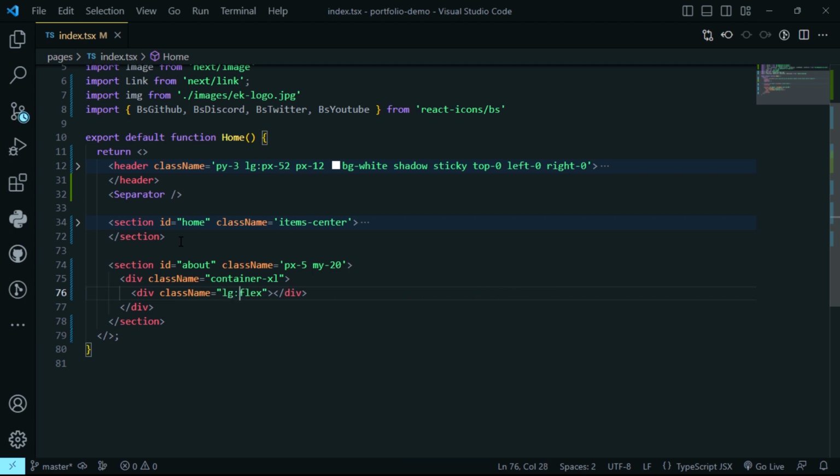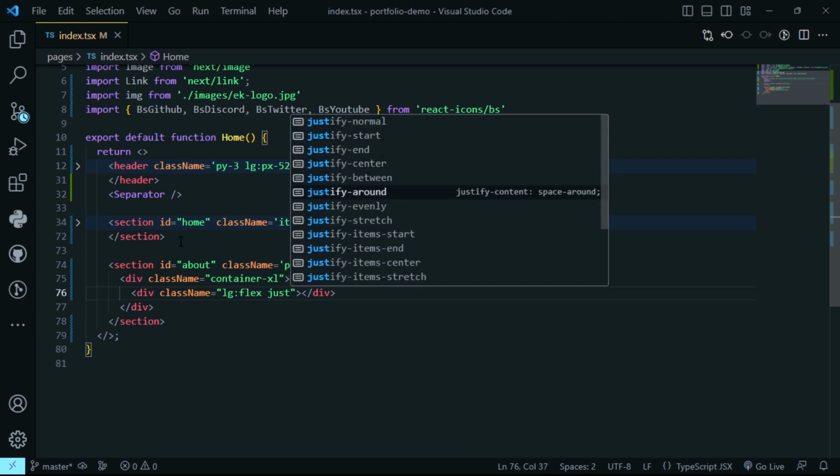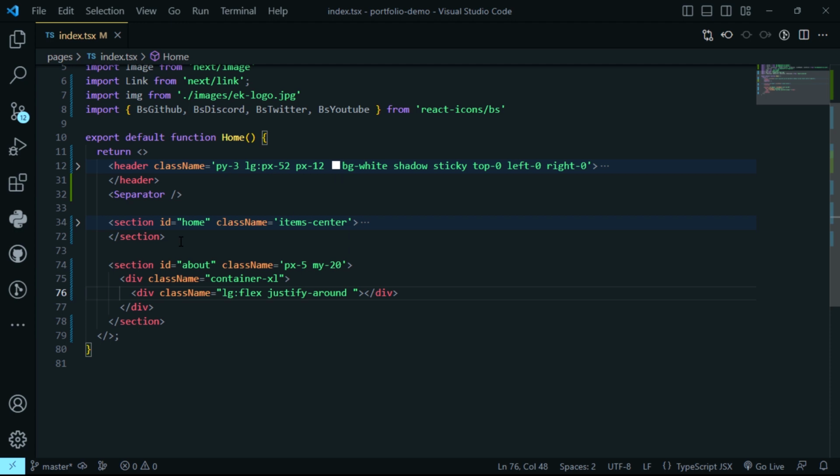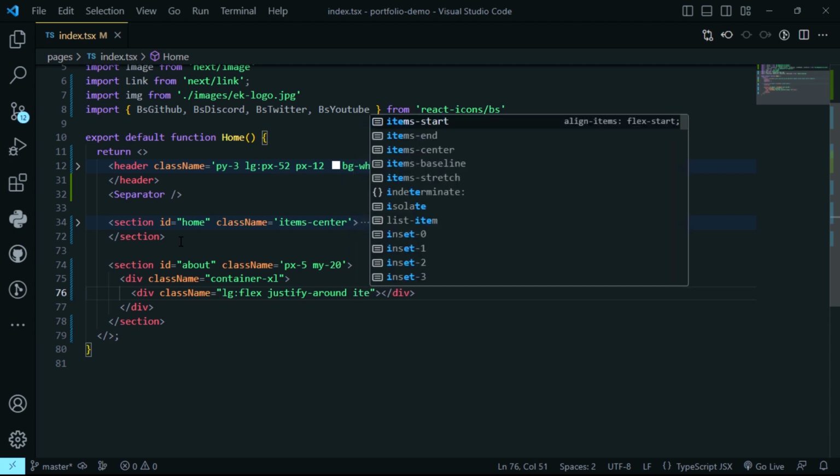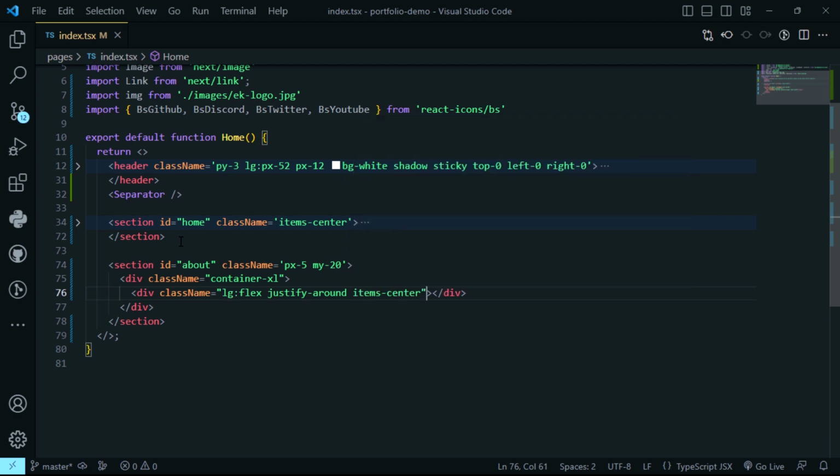So we're going to do LG flex, and then we're going to add a justify around to space them in between, and then we're going to do items center,